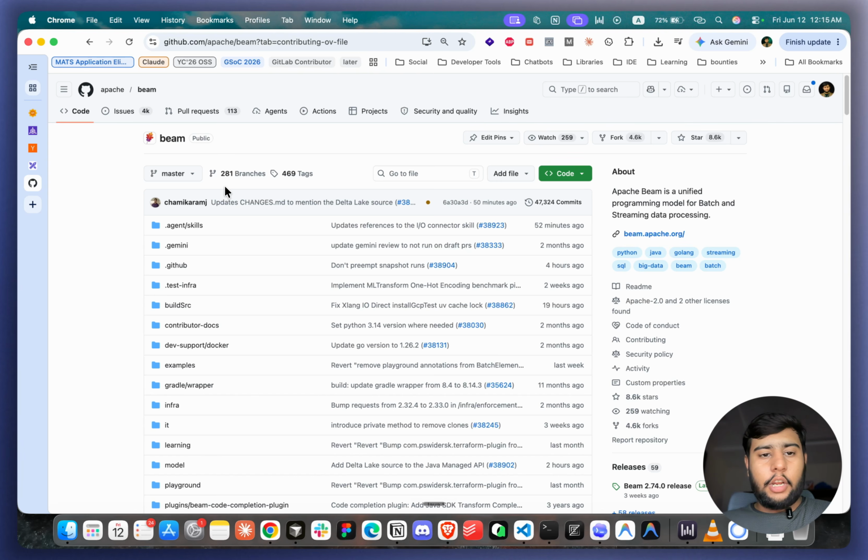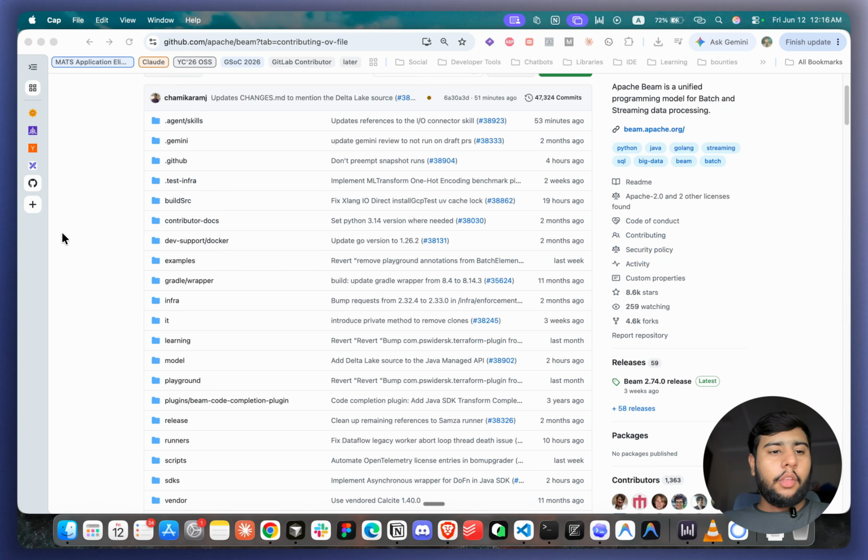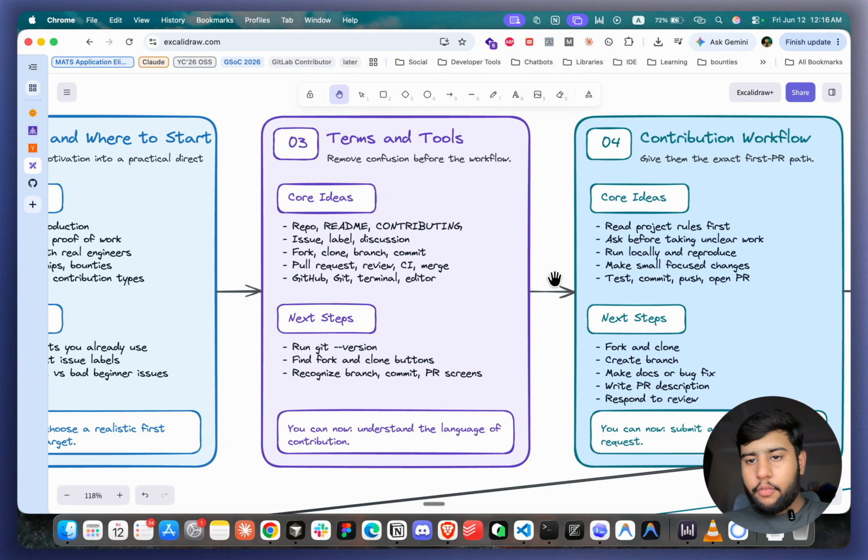You can see that this project has 281 branches, but main is the most important branch. When you contribute to open source, you always have to make your own branch and then push code to it. A branch is basically a copy of this code, or a workspace where you can experiment, and you can change code without affecting the main or master branch. Let's go back to our